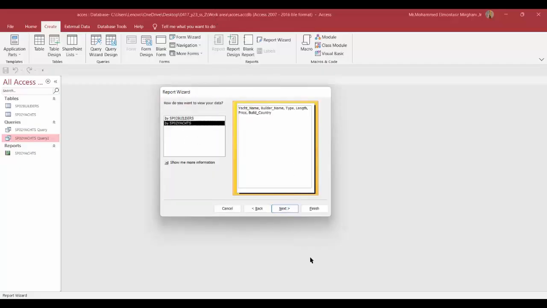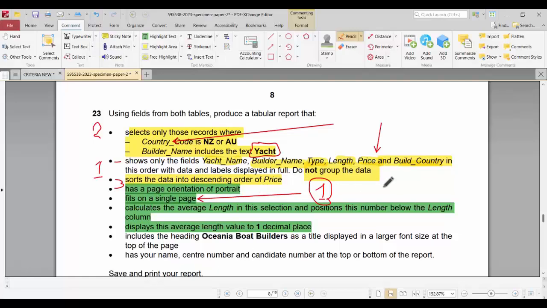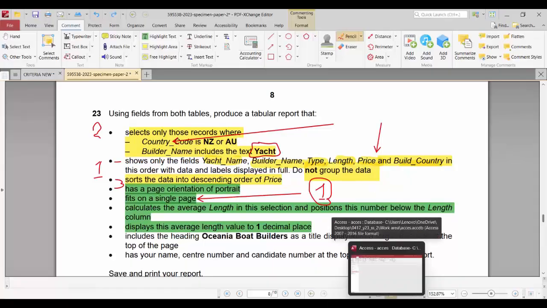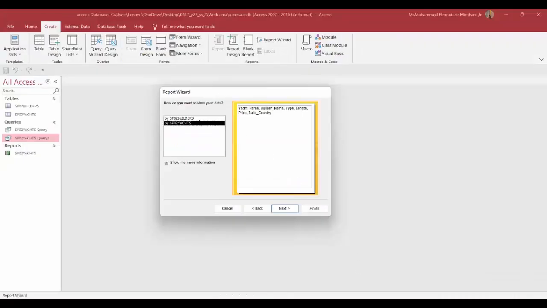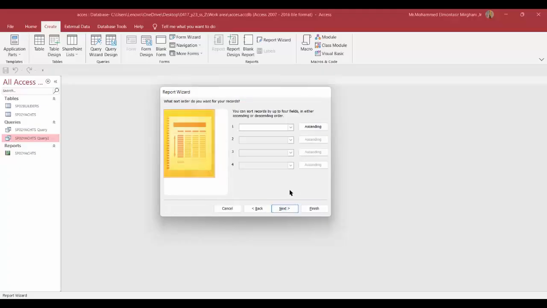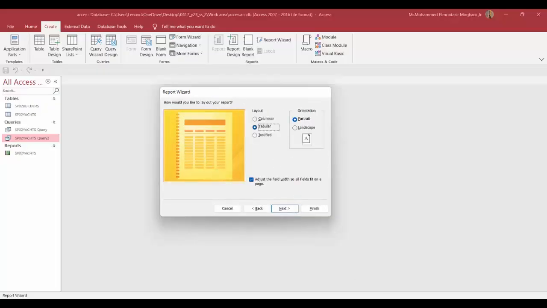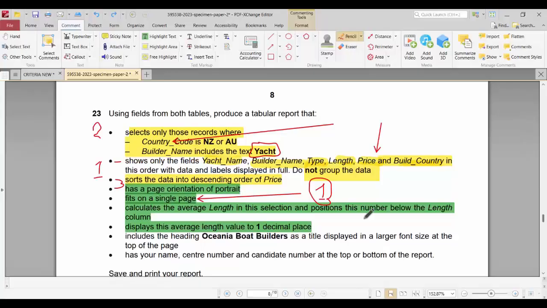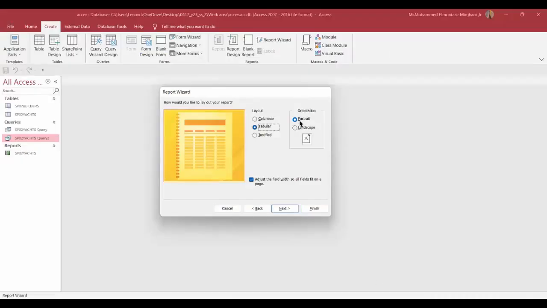Make sure you never group the data. This is the area of grouping the data. So make sure you don't group the data. By grouping, you group it like this. We don't need it to be grouped. So click on here and click on next, next. And this is the area of the sort, and we do the sort in the design view here. We have the page orientation of portrait, so click on portrait, and always our report is tabular,